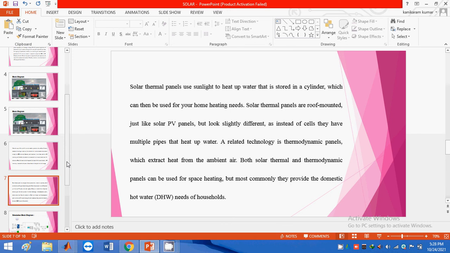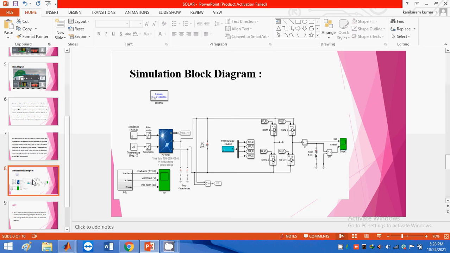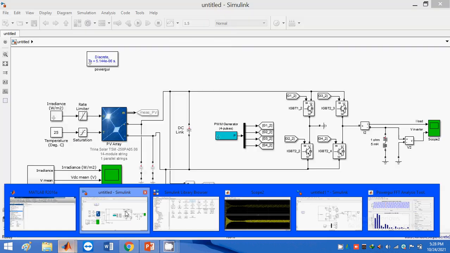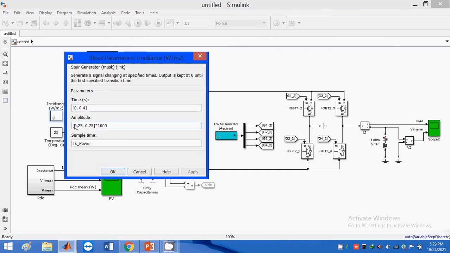When we design this model in Simulink, this is the image for that. So how will this work in MATLAB? I will show you. Here I am mentioning the light radiation concept, which refers to irradiance.